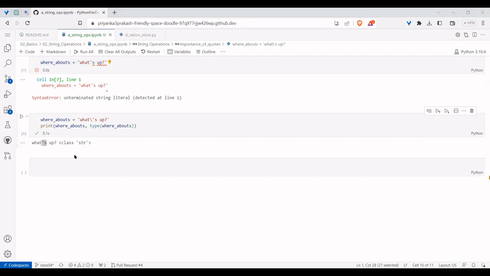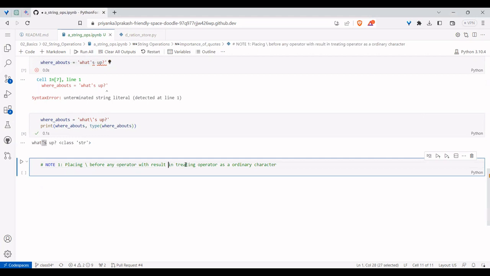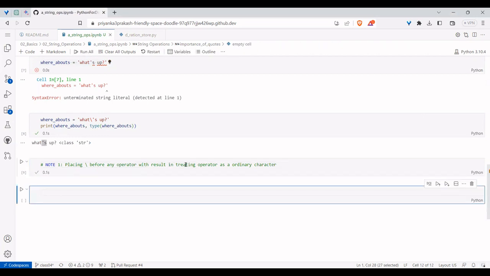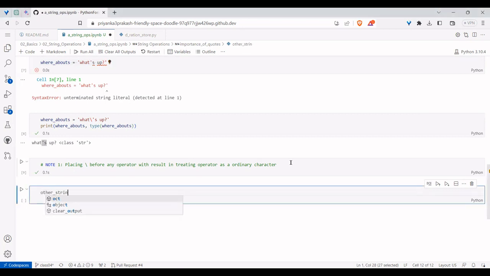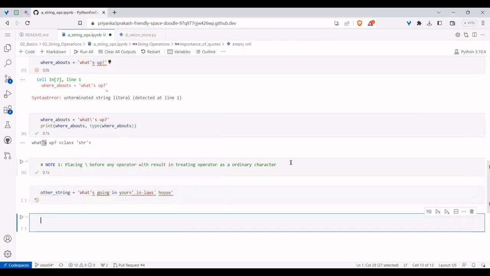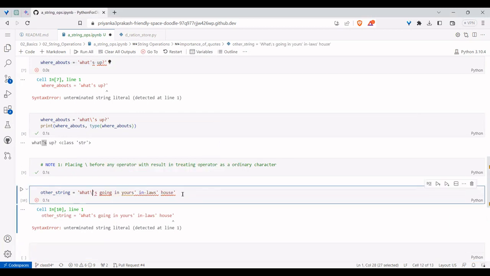One of the points that we have learned is that whenever you have any character which you don't want to treat as an operator, you can place a slash before it. It's not just quotes. Down the line, you will see any other character, same logic. Okay, this is good. What if I have one more string? Say another string is equal to, say I have content like this. In this case also, it will not work, right? The reason being there were some quotes. Whichever ones you don't want, you write a slash. So then one more you have, you write a slash, and one more you have, write a slash.